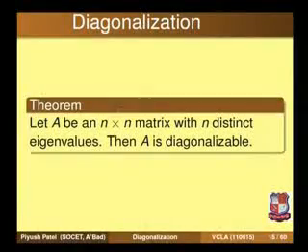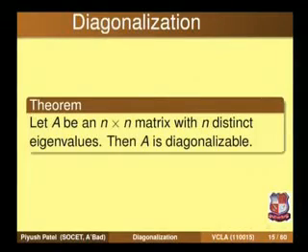So when does the matrix have a total of n linearly independent eigenvectors? As we know, the eigenvectors corresponding to distinct eigenvalues are linearly independent. So if all the eigenvalues of a matrix are distinct, in that case it has a total of n linearly independent eigenvectors, and hence the matrix is diagonalizable. So the result says that a matrix A with distinct eigenvalues is diagonalizable.